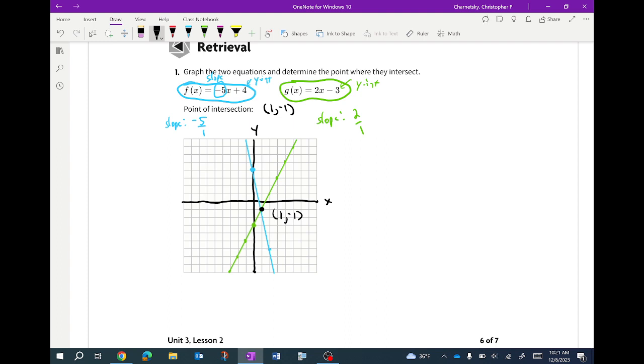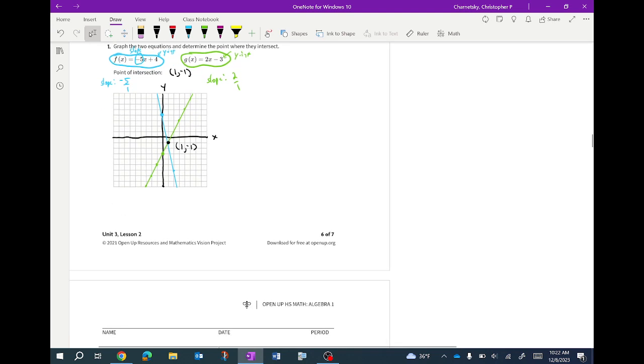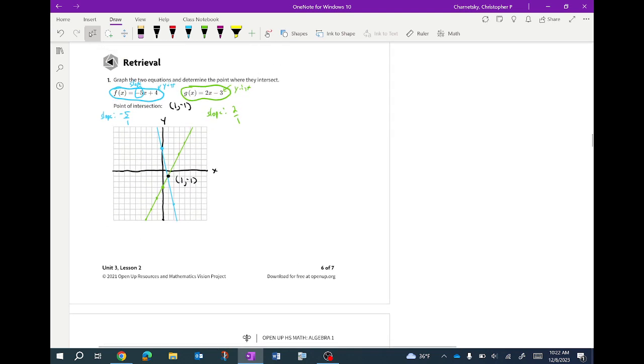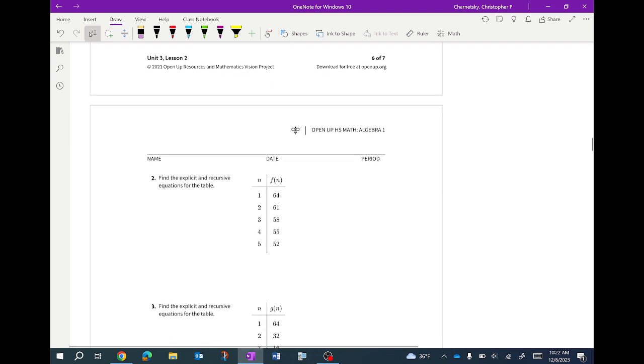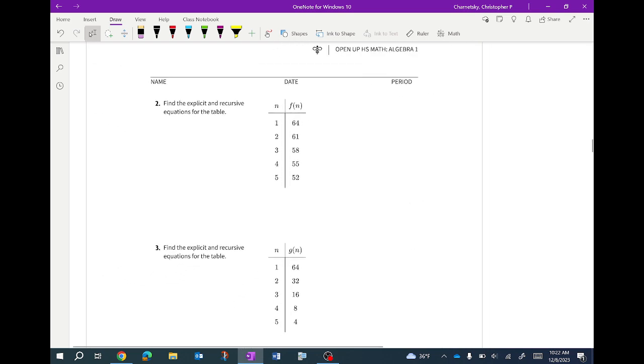So in your Ready, Set, Go, you are going to be looking at some key features, and you're going to be finding some points of intersection, and you're going to be, again, practicing writing explicit and recursive equations. So questions 2 and 3 here. For number 2, we can see that we are decreasing by 3 each time. And my y-intercept here would be at 61,